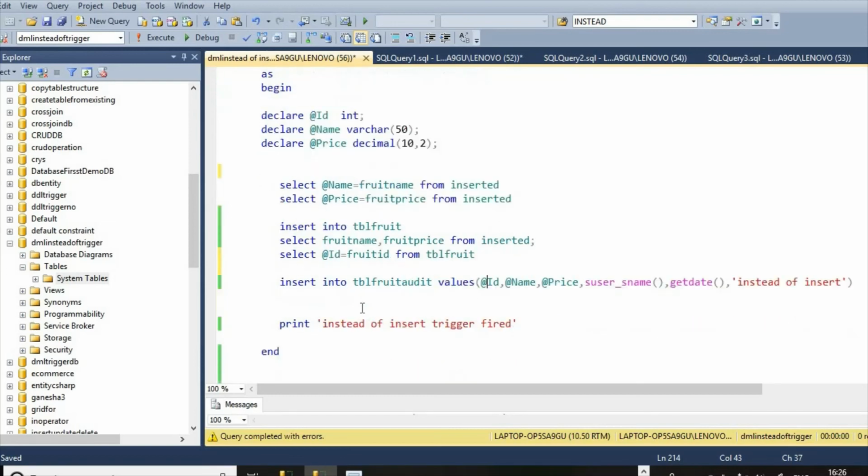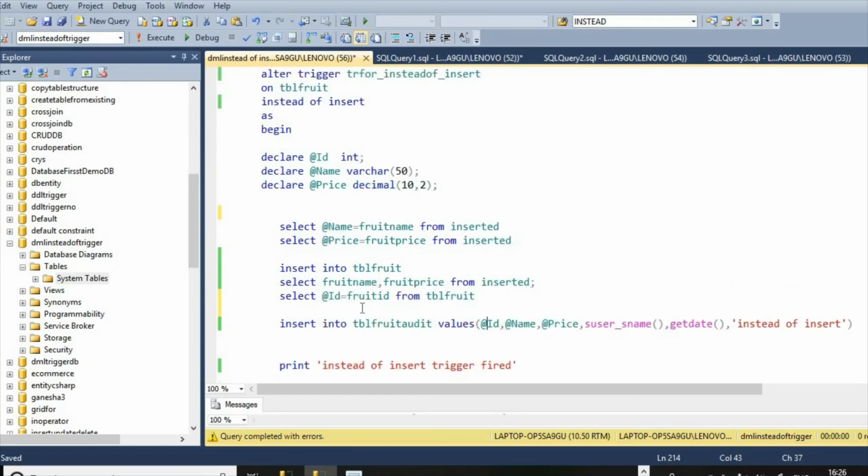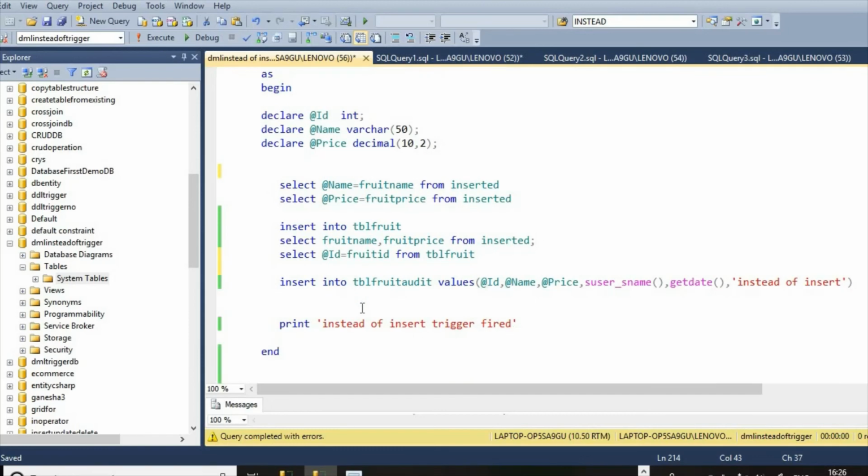These are the changes to get record in the tbl fruit table and tbl fruit audit table properly.